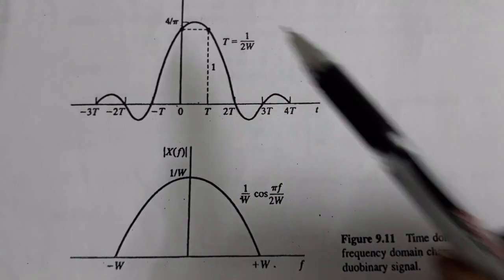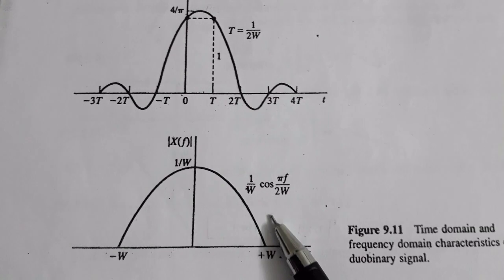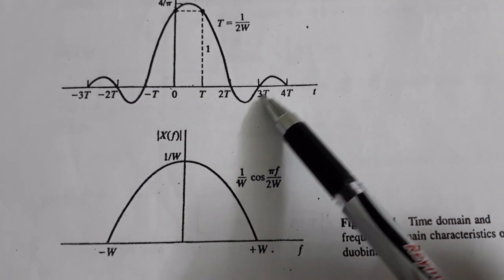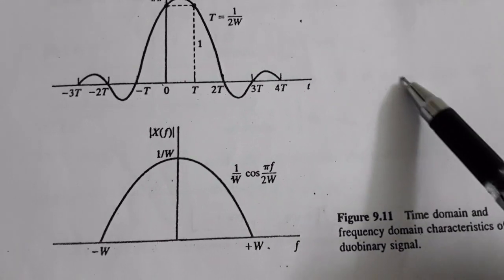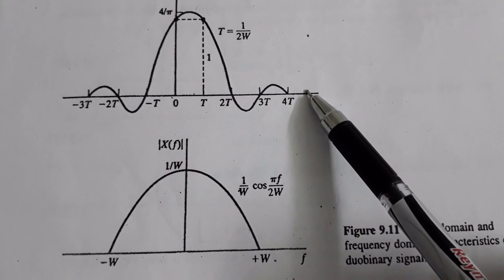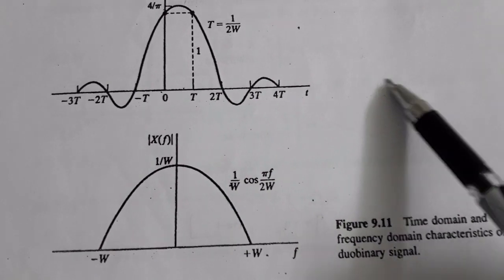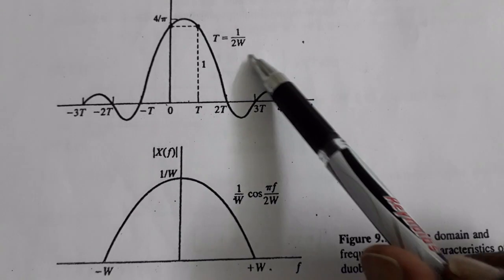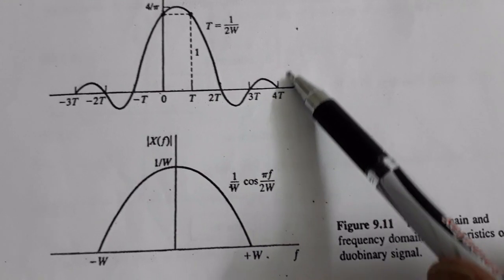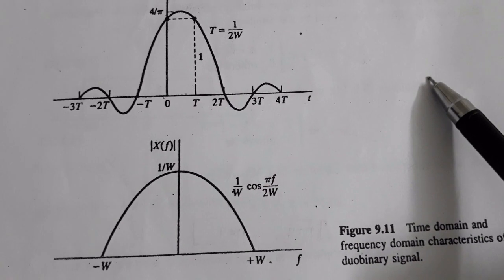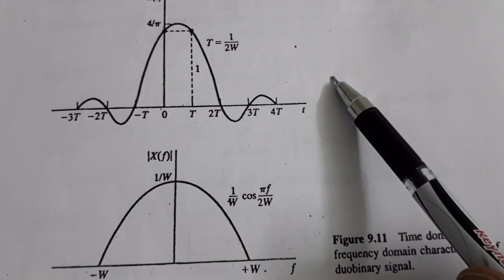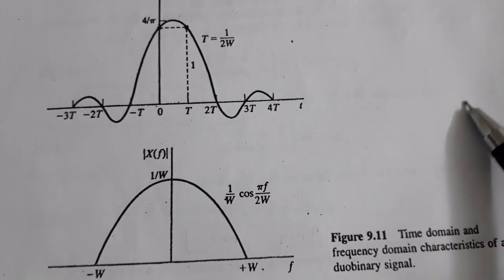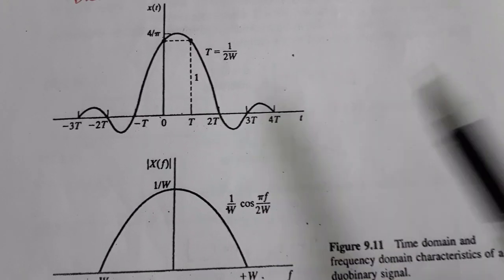So these two, duobinary and the spectrum of that, what is the advantage here is this signal reduces very fast. This is the advantage of duobinary. If it takes a lot of time to reduce, then it causes intersymbol interference. I will repeat, if it reduces quickly, then intersymbol interference will not be there. If it takes long time to reduce, then intersymbol interference will be there.